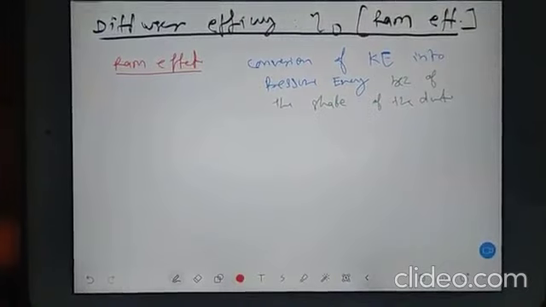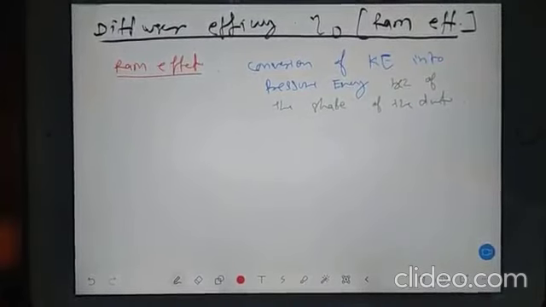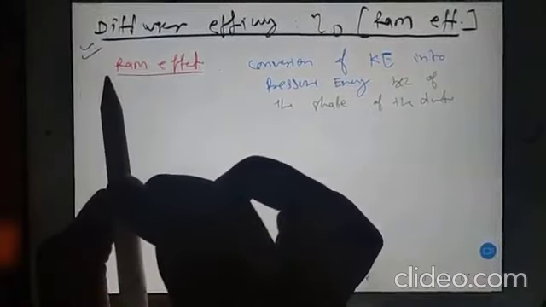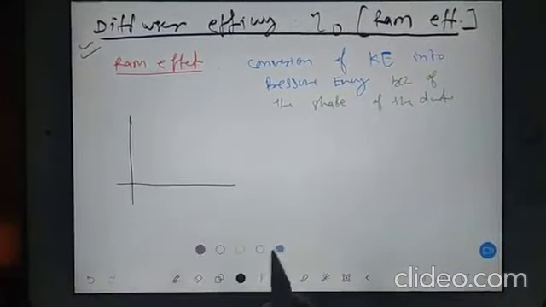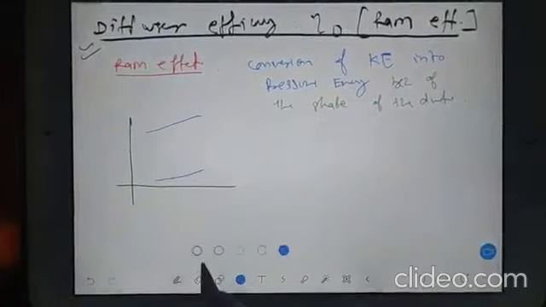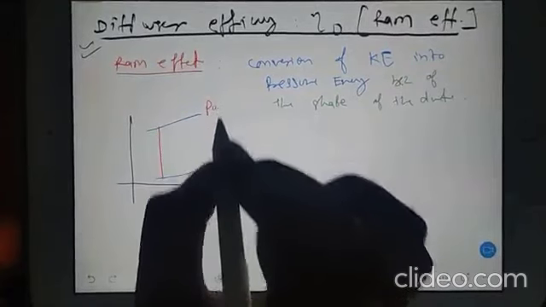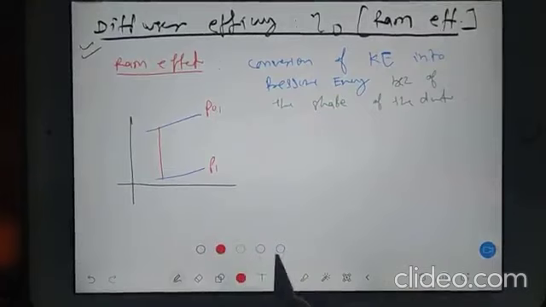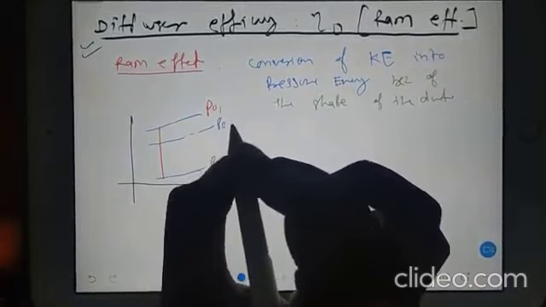Whenever there is a flow happening in the diffuser, kinetic energy converts into pressure energy. This effect is known as RAM effect. So why are we targeting diffuser efficiency? Because in a real situation, your diagram looks like this: straight up from P1 you go to P01, but this was ideal. In real conditions you have another line, that is the P02 line.